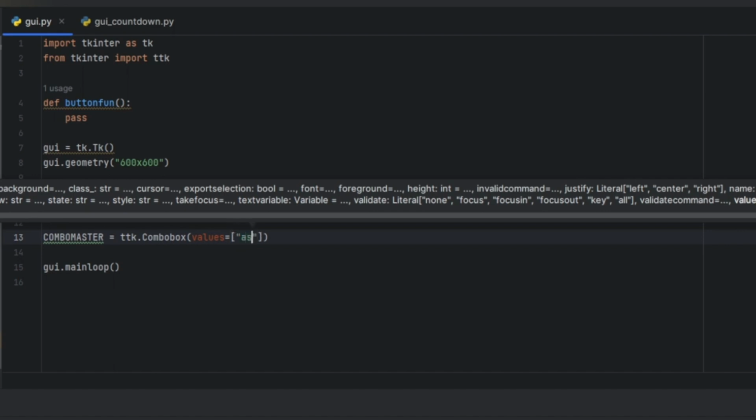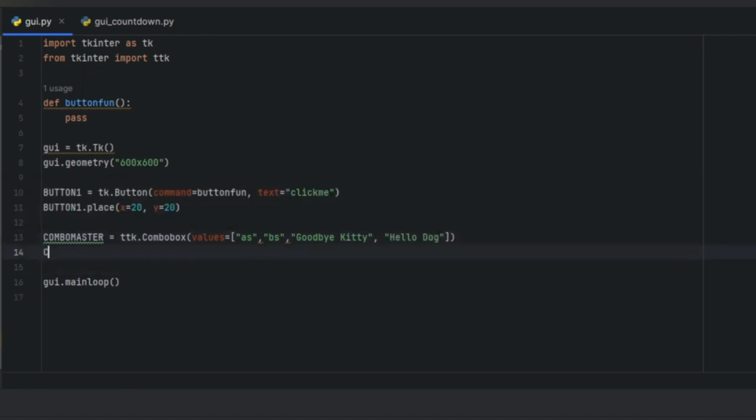So we can say something like AS, BS, goodbye kitty, and hello dog. So now we can simply say combo_master.place x equals 20, y equals 60. Now again, if we run it,